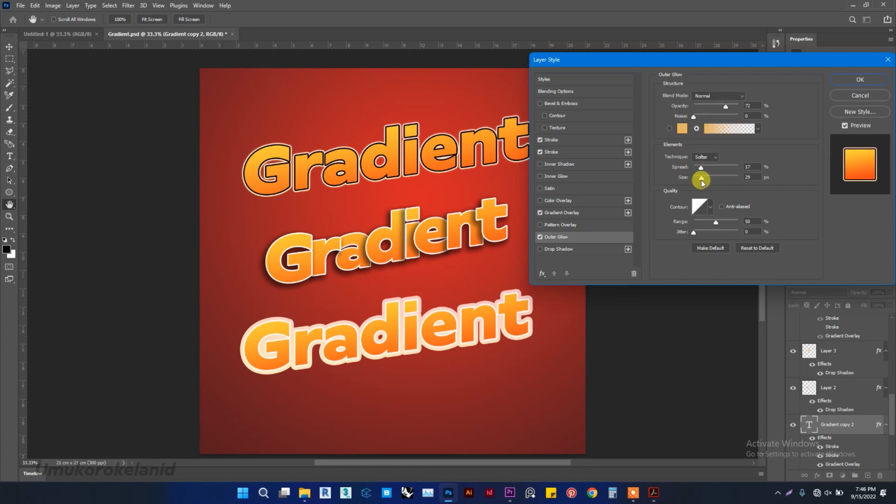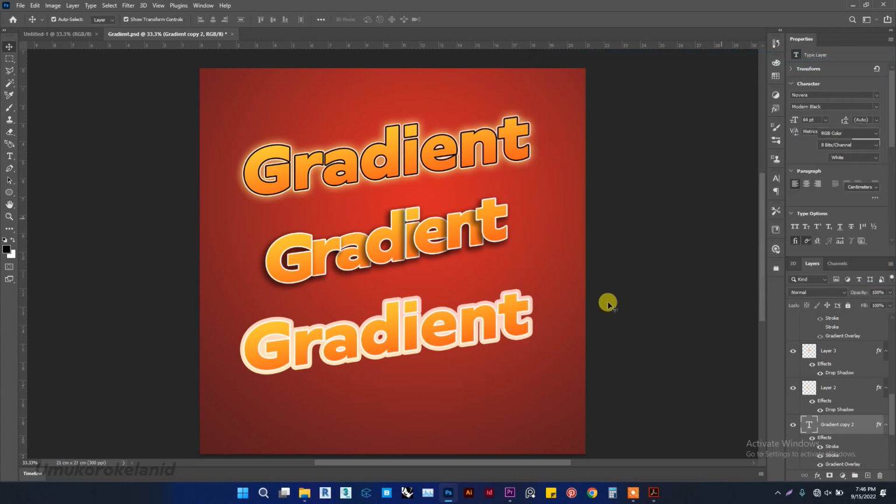Okay, let's increase the size of this glow. So you can use glow effects and all of that, depending on what